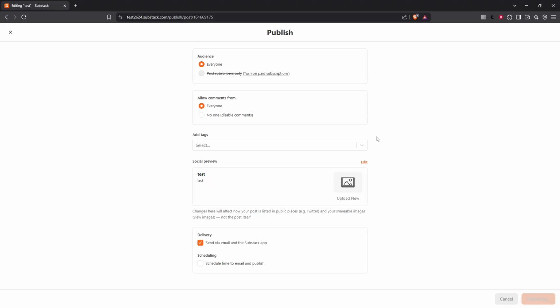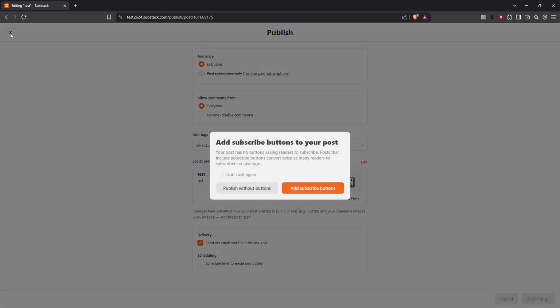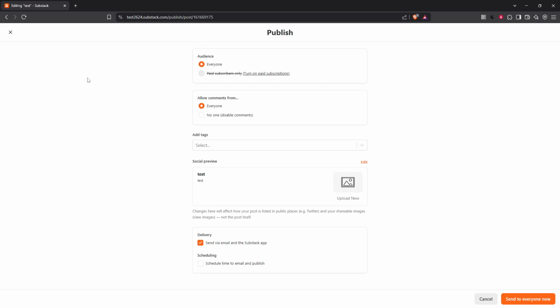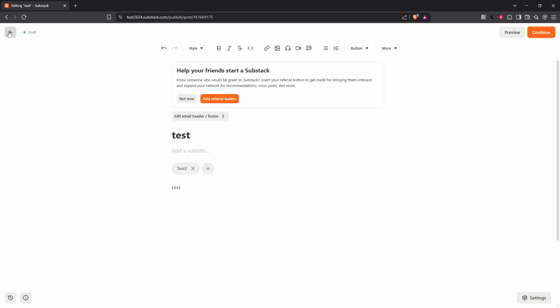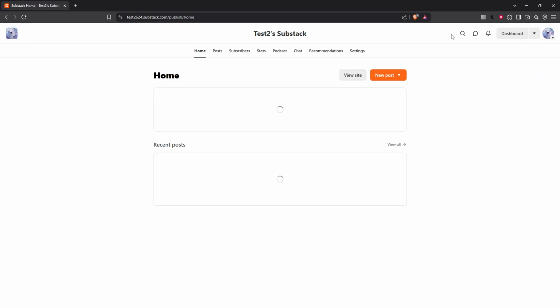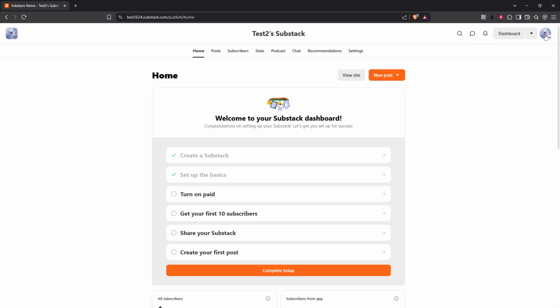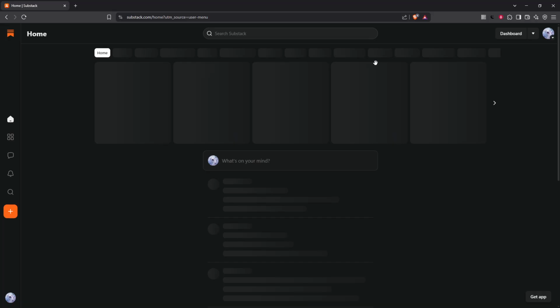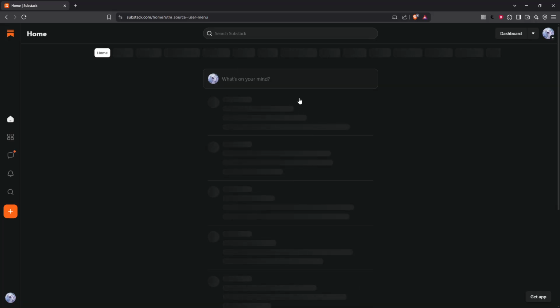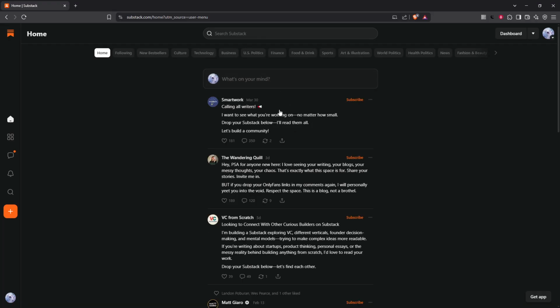Exploring Substack is also a great way to see what other writers are doing and get some inspiration. You can browse through various publications or search for specific writers that you may be interested in. This gives you a sense of the diverse topics and writing styles within the community. As you browse around, you might come across certain publications or writers you find intriguing. Most Substack publications will have a subscribe button on their homepage or within their newsletters. Clicking this button will allow you to receive their content directly in your inbox, ensuring you never miss an update